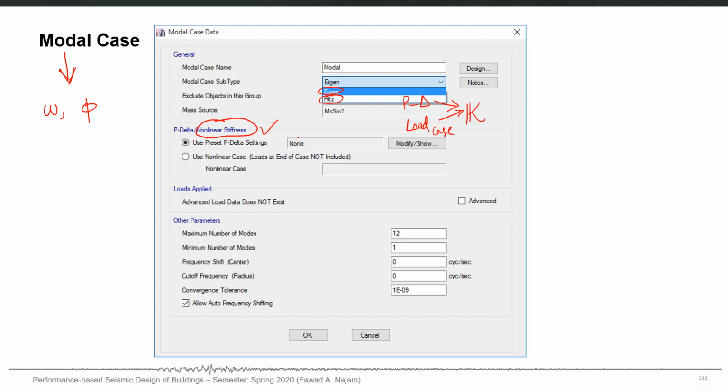In this particular example, no P delta settings are selected, which means that the original intact K matrix will be used to calculate the mode shapes, and the mass matrix will be coming from the mass source. So you have to select, for example, the maximum number of modes, which is 12 in this case, and some other options, the details of which you can check in the analysis reference manual of ETABS.